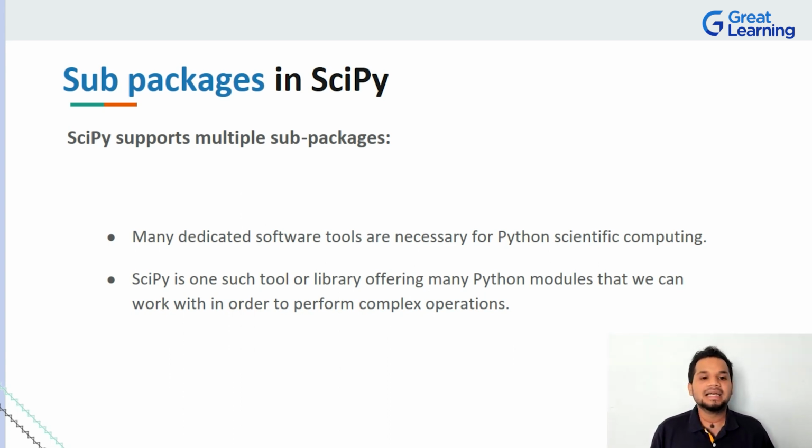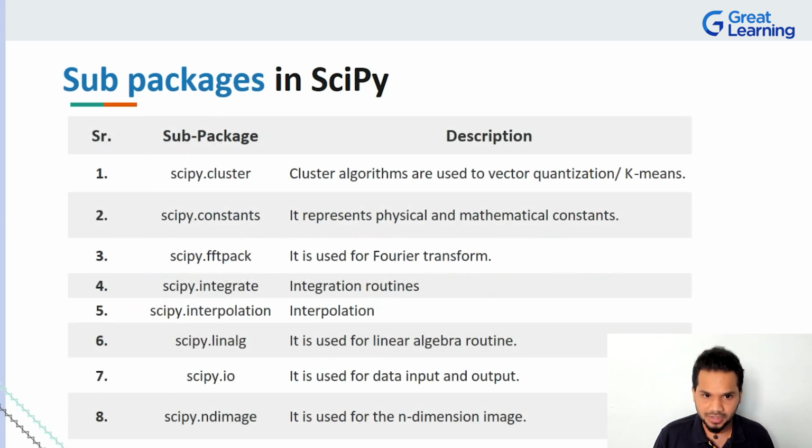So what SciPy does is it is considered a very important tool. It is considered a library which is not just providing one single aspect. It's not saying, hey, just use statistics, just use image processing, just use this, right? It's offering multiple Python modules that you can use, and you can use all of these at once if you choose to tackle everything that's required to perform scientific computing or any sort of technical analysis. This is a very popular tool, right?